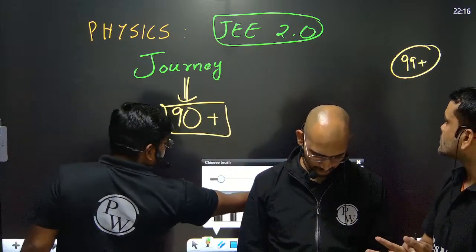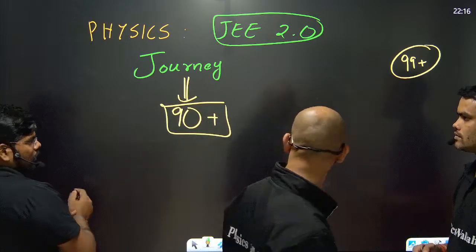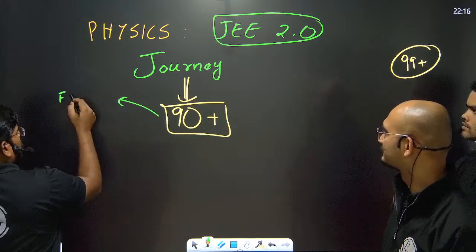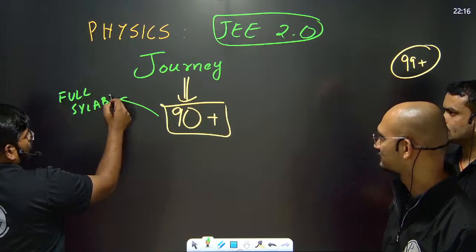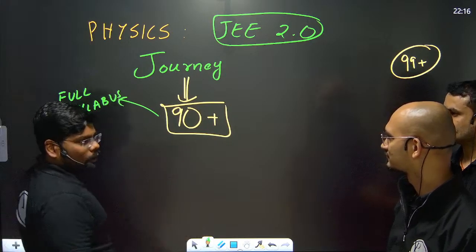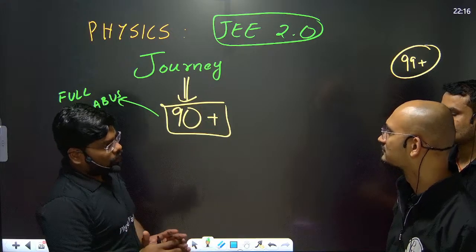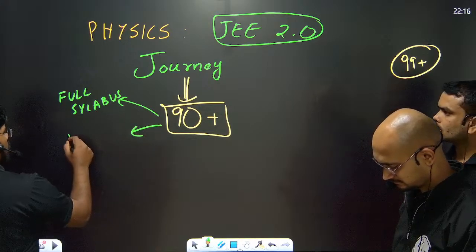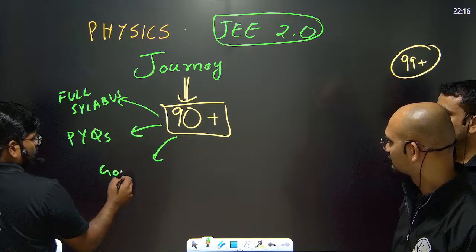Okay. So for those who are targeting the JEE second session for physics 90 plus, the full syllabus should be covered. It's not like looking at only the important topics. For 60 marks, you can do limited chapters, those 13, 14. But for those looking for 90 plus, full syllabus, and then checking PYQs, doing good level questions as well,